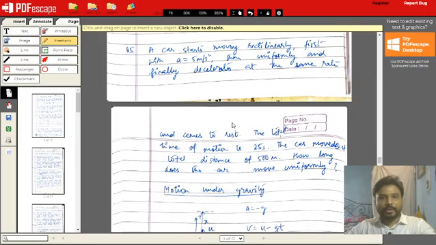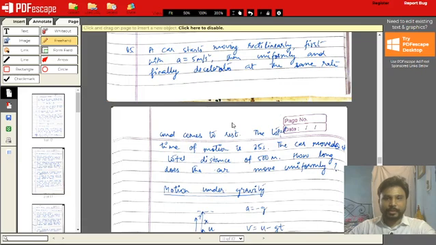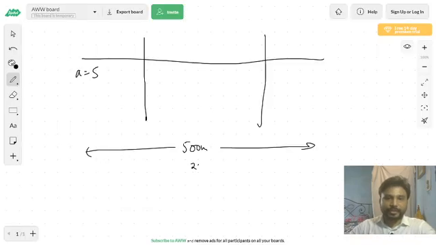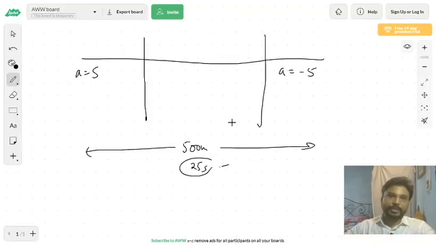So the car accelerated at a rate of 5 meter per second square. Acceleration is given as 5. It moved a total distance of 500 meters. That is the complete distance covered. It took a total time of 25 seconds. The deceleration over here would be -5, and we have to find how long the car moves uniformly. That is our objective. Let's say the car moved uniformly for some time t.